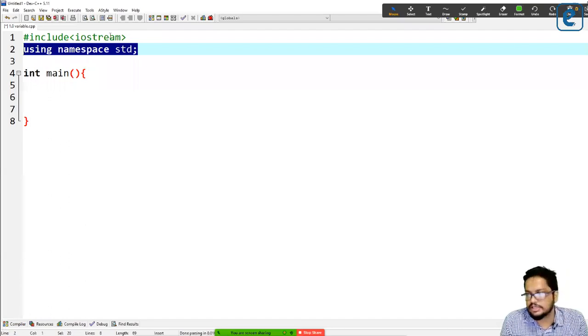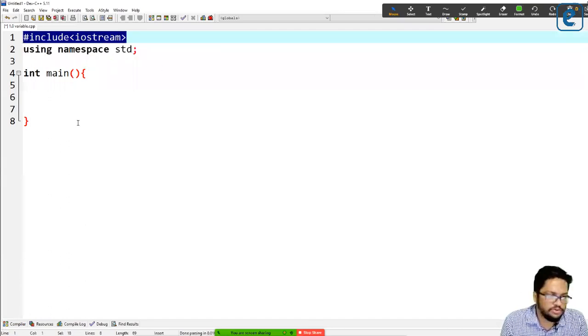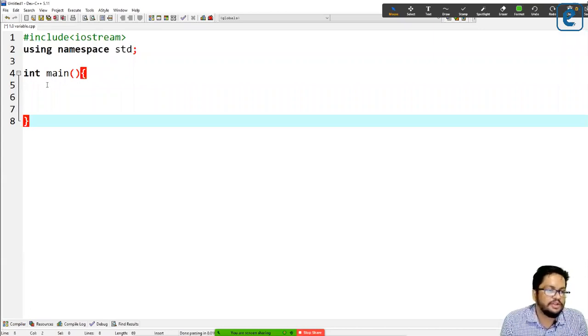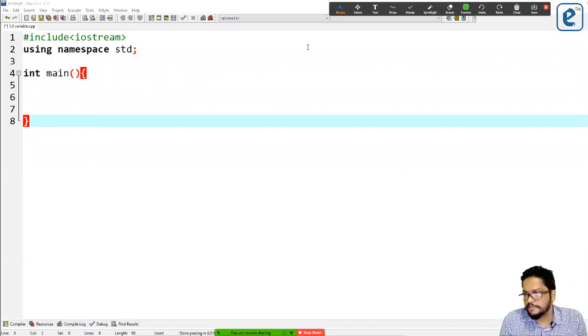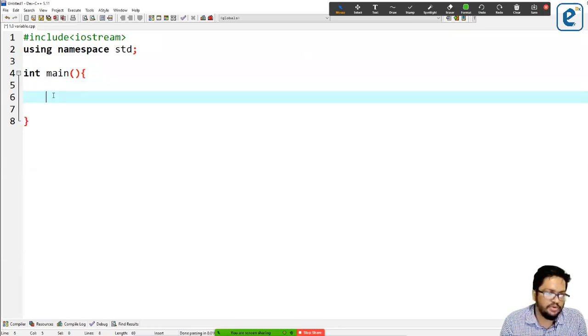Using namespace std and what is iostream, don't worry about those things. We will discuss them. But keep in mind, we are basically writing a set of instructions, and that's how we implement code, or get something done by the computer. That code, that set of lines or statements, should be written inside this main function. And how we identify the boundary, I discussed last time as well.